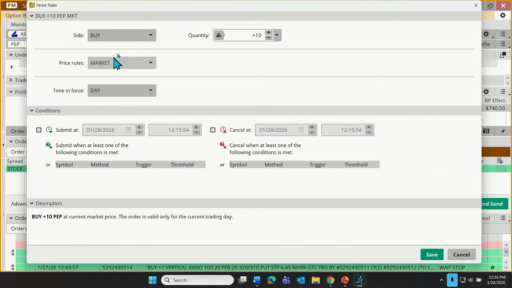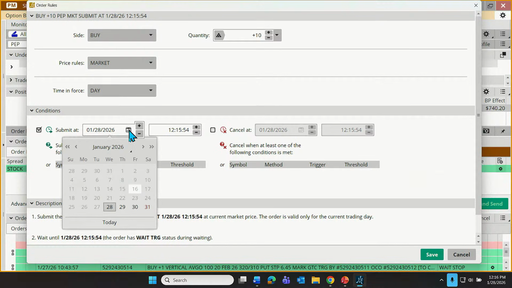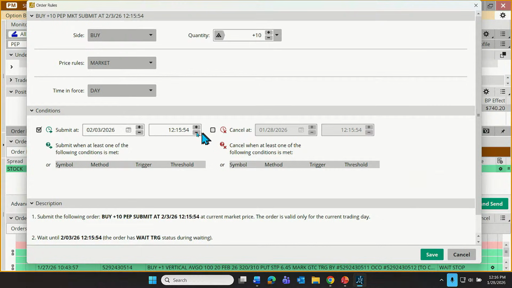So here's what we'd like to do. We want to buy shares of Pepsi at the market price, but not today's market price. Instead, we're going to do a future market price. So we're going to submit this order on, we said earnings was February 3rd, at what time? Well, it could be, let's say, right at open.